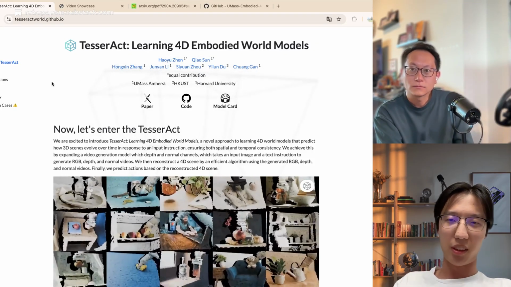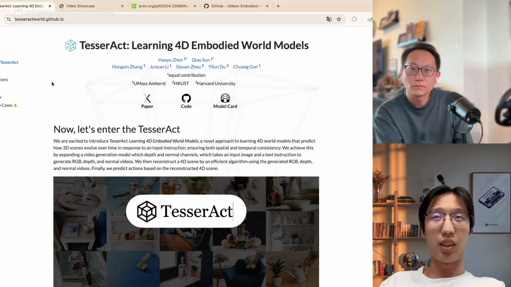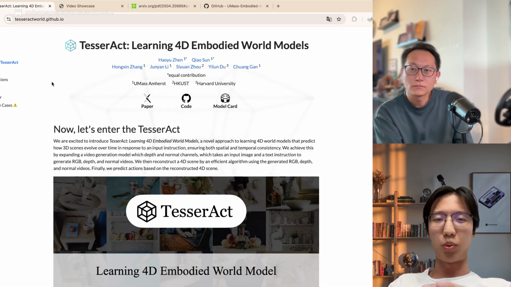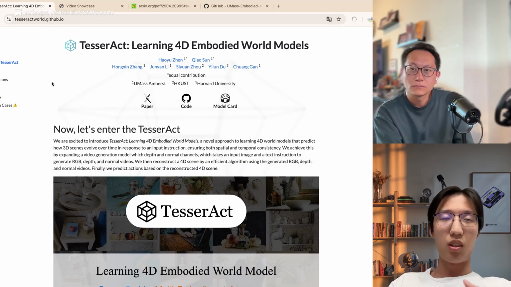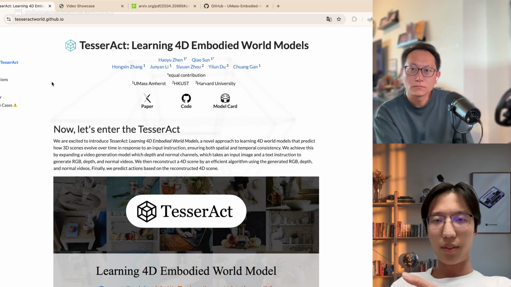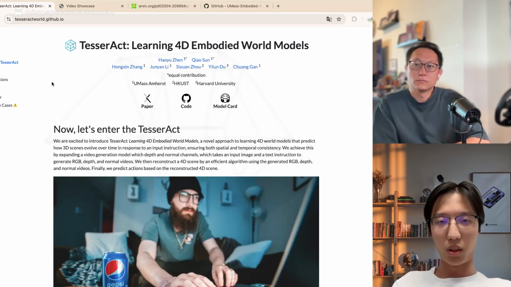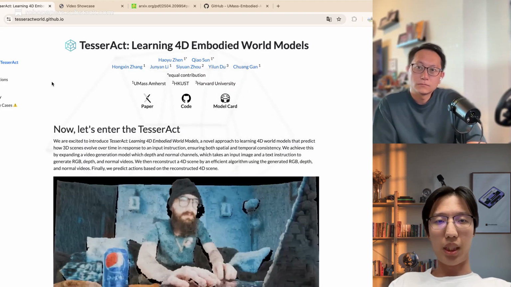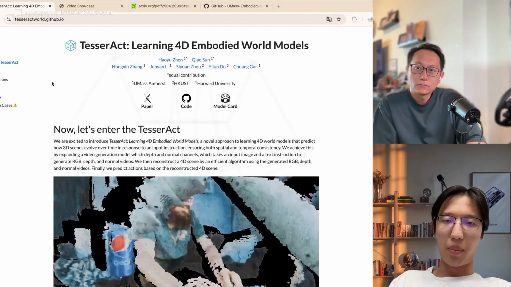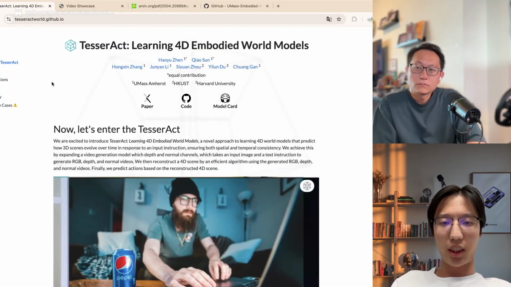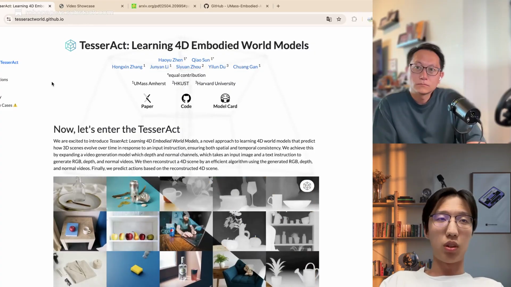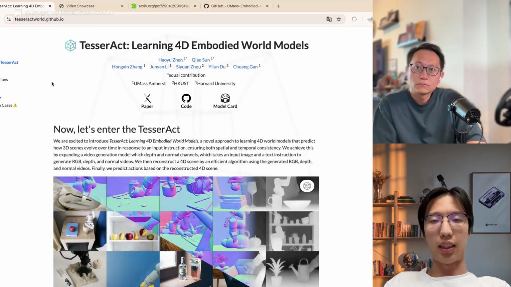So first question, what are world models? It is just a model that predicts videos. I think the definition of world models has three main abilities. The first thing is that world models take action as input.